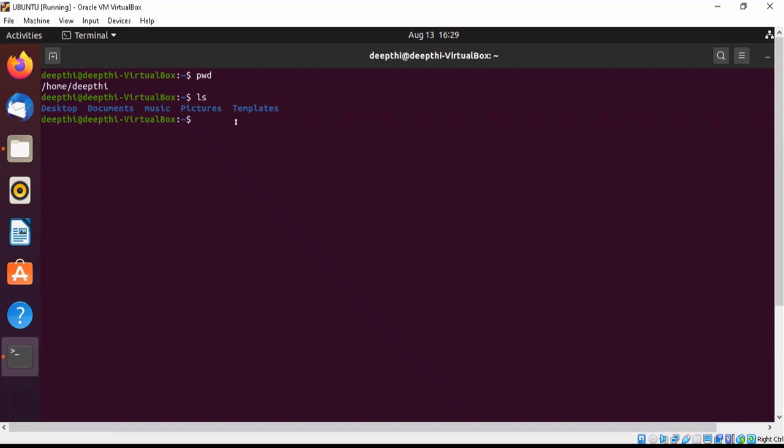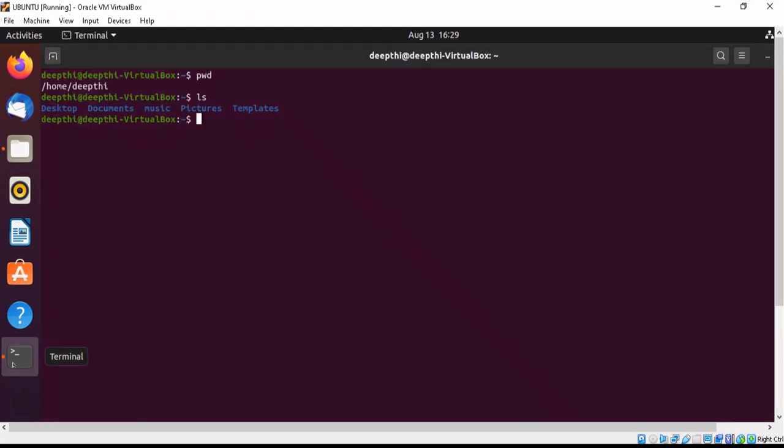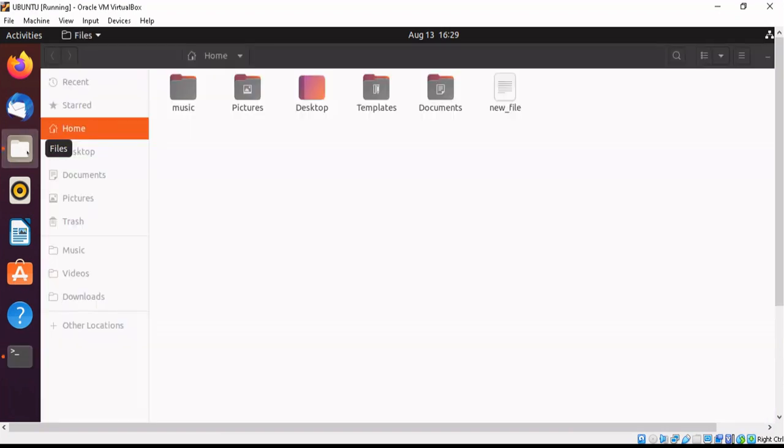Now after this, let's say if I have to create a file here. So if I create any file or directory, then it will always be created inside this home directory, right? So now let's create it. If I create a file, for that I have to use the touch command. I will name the file as new file and I'll see whether it has been created or not. That I can see with the help of the terminal using the command ls, and I see that new file has been created. Now when I go back here, I can see that this particular file has been created.